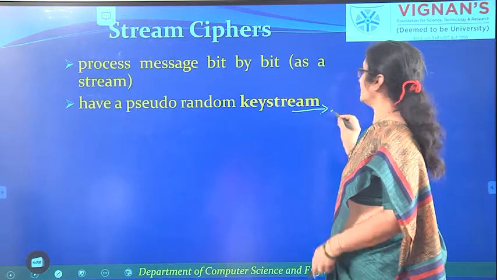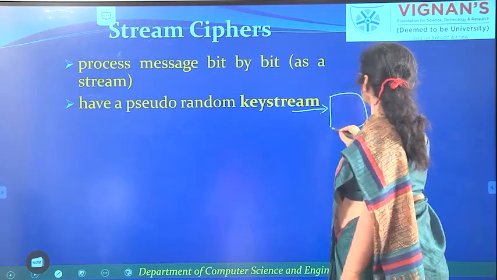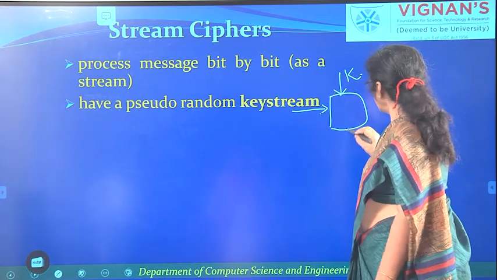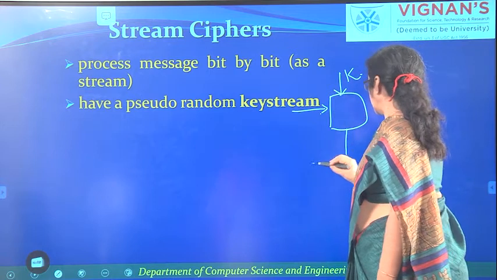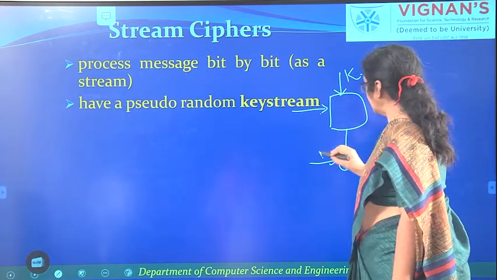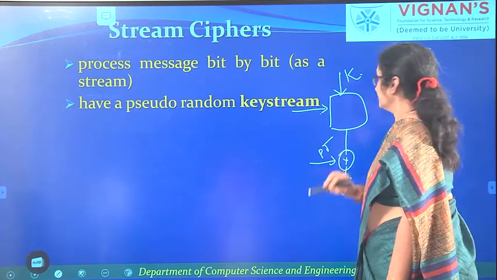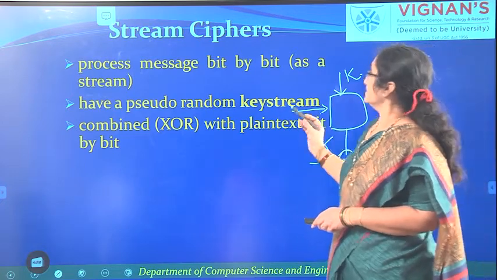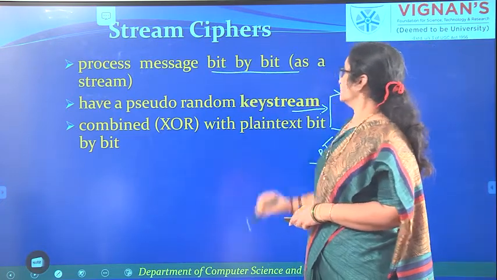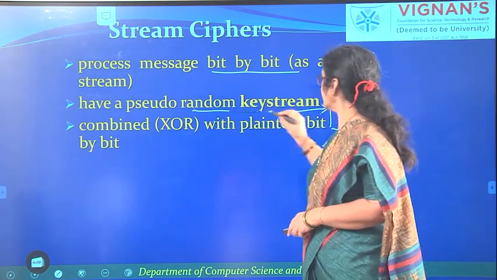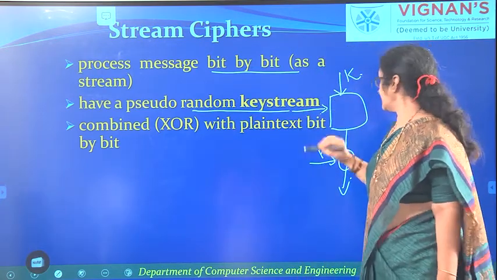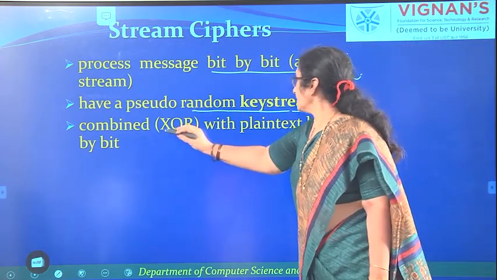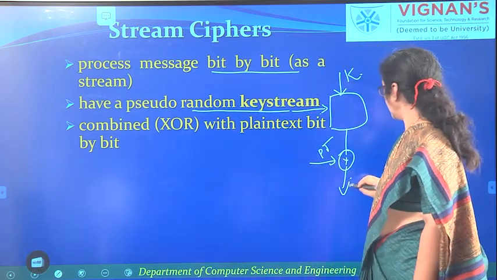In stream cipher you will be encrypting only the bitwise or bytewise data. So, you get a bit of data and you use a pseudo random generator. You give the key to the pseudo random generator, and the output of the pseudo random generator is XORed with the plain text to get the ciphertext. That is what is given here. You process the data bit by bit and you use a pseudo random generator to generate the key stream, and using that key stream we are combining or XORing it with the plain text to get the ciphertext.